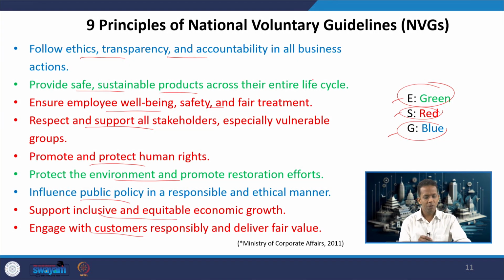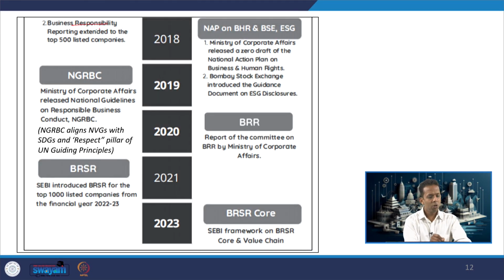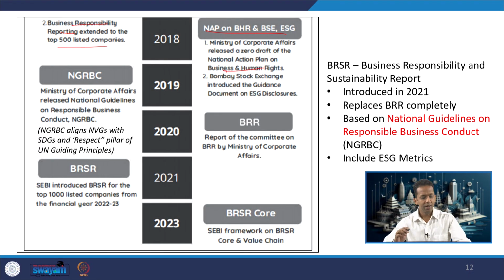what happened in 2018 is that the business responsibility reporting was extended. Earlier it was only for the top 100 companies, but then it was extended to the top 500 listed companies. And then there was a national action plan on BHR, business and human rights, and BSE, Bombay Stock Exchange, and ESG. So, this ESG terminology started appearing after 2018,